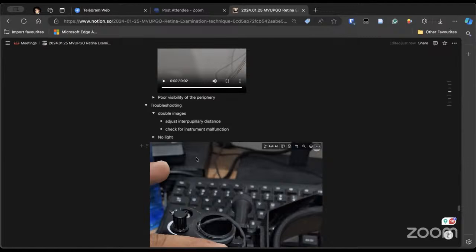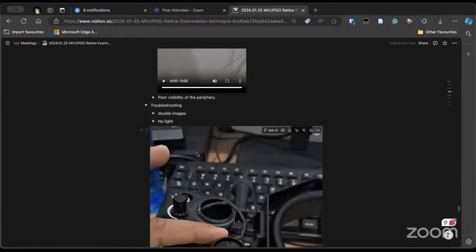But most commonly, such things will not happen to you, because other candidates will be seeing through the same microscope, and most likely it will not happen. If the light is not there, what can be the reason? There is no light. Has to be charged? Yes, but before charging, I'll tell you to see that the switch is on, and check if there is any lever in between. The lever is one of the major causes.